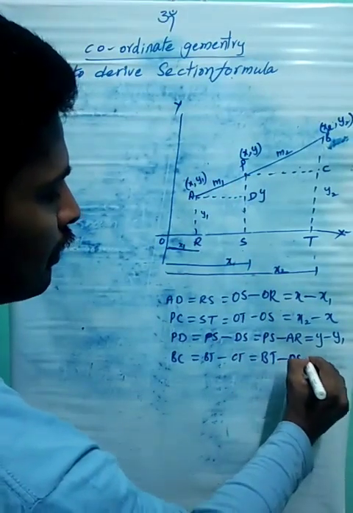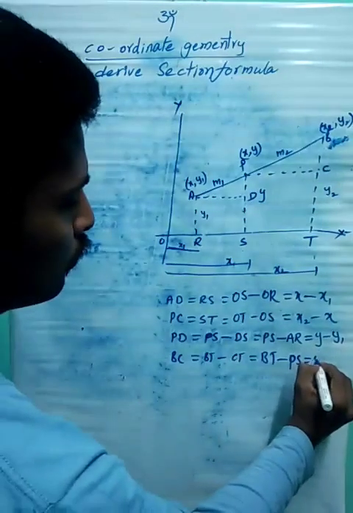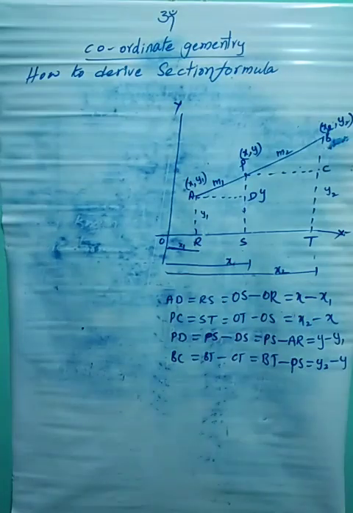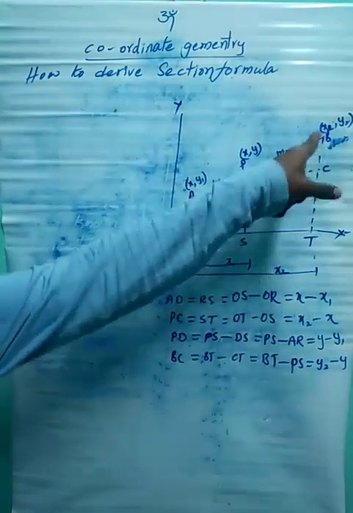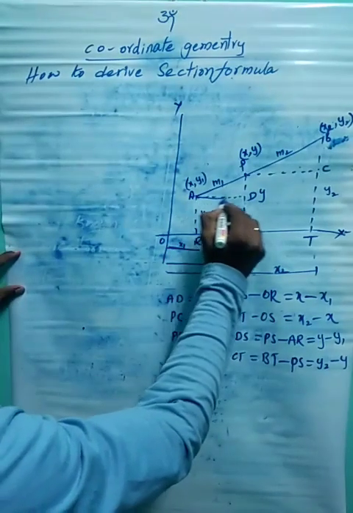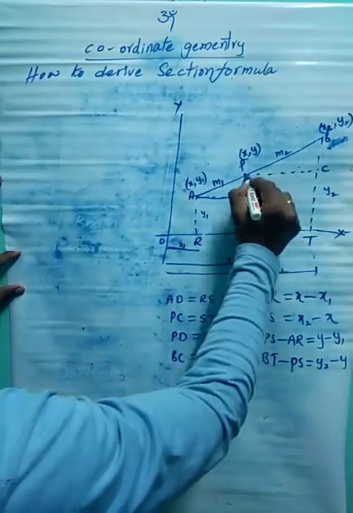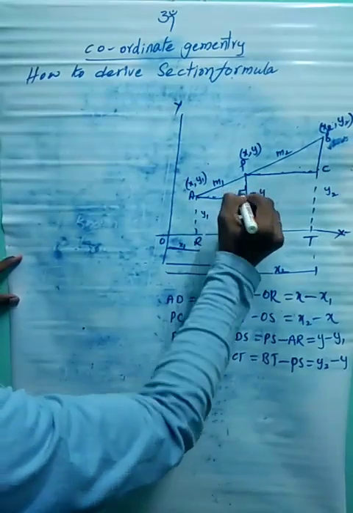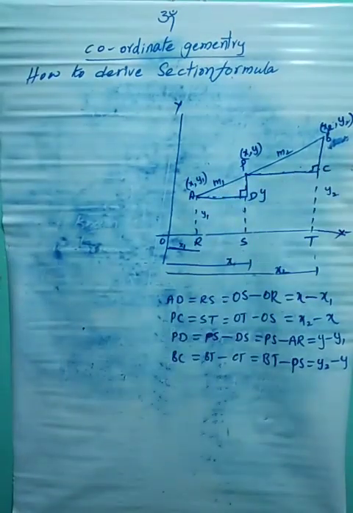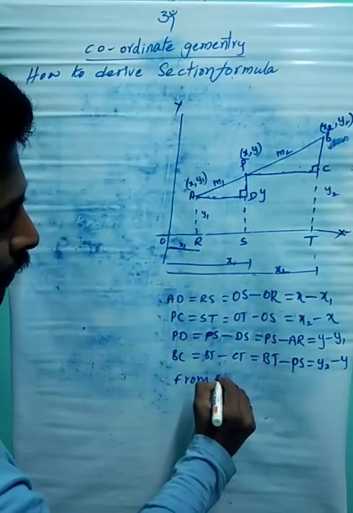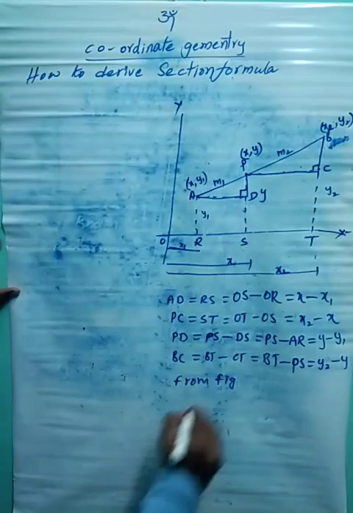PS is equal to BT; the value is Y2 minus Y. PS value is Y. Here I am only finding the values of AD, PS and BD, BC. Why am I finding all these values? Here you observe, suppose it is the shape of a triangle and it is also the shape of a triangle. Both are right angles here. According to congruent triangles, from the graph, from the figure, okay, triangle